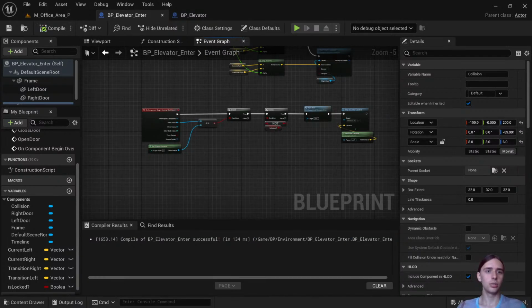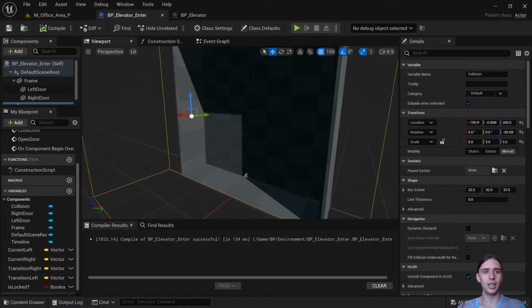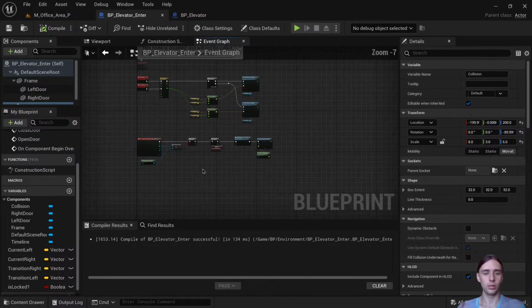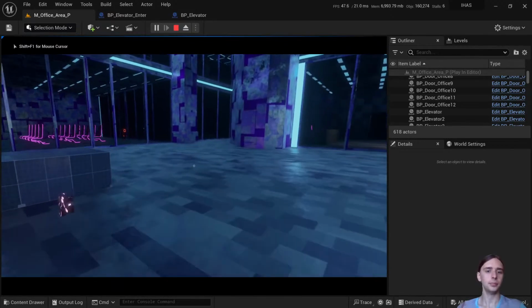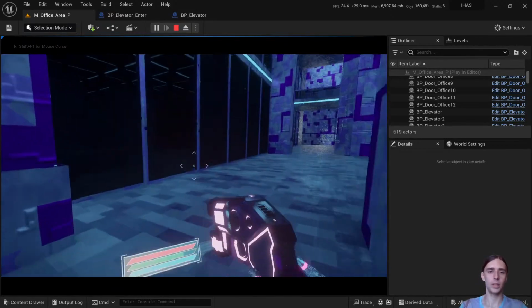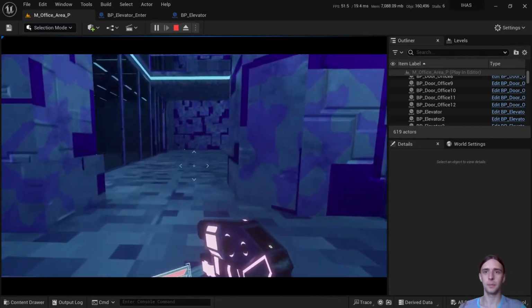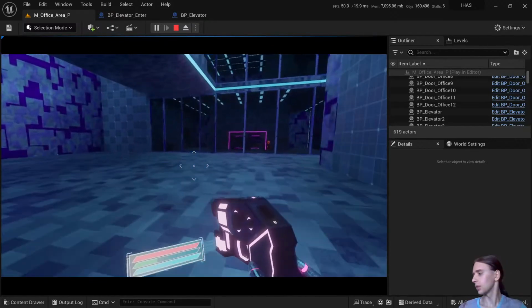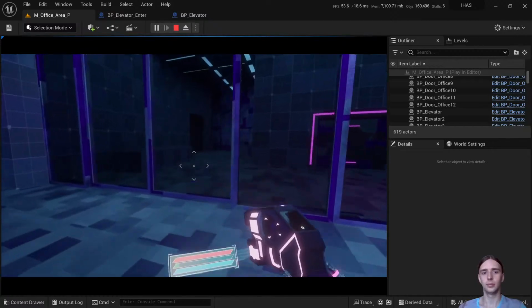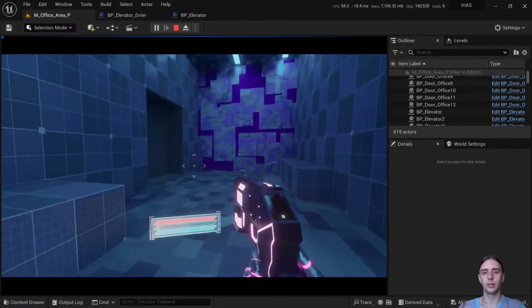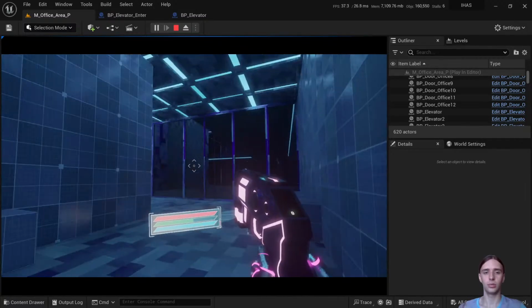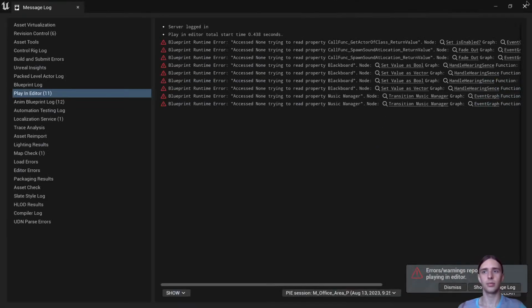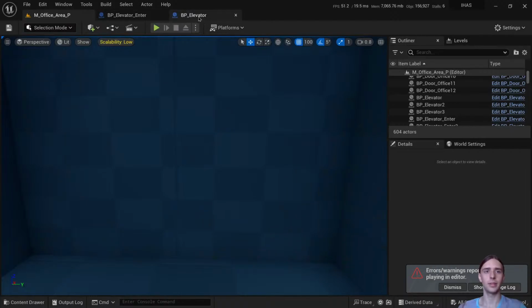So now we need to somehow check if it's locked or not locked. We need to somehow update all this information. Let's, for example, I just test this, and when we come to this collision, the door should open, and it's not opening because we haven't set any values